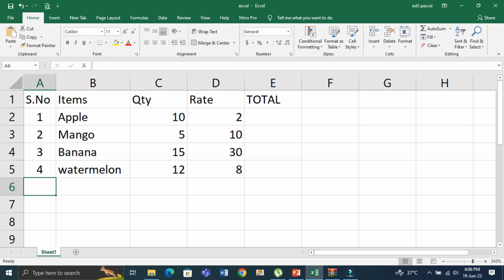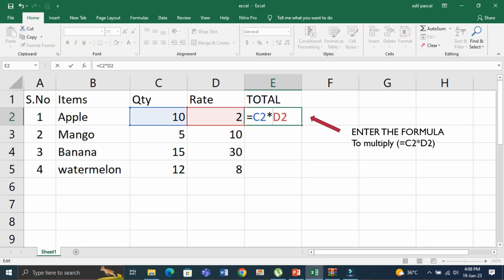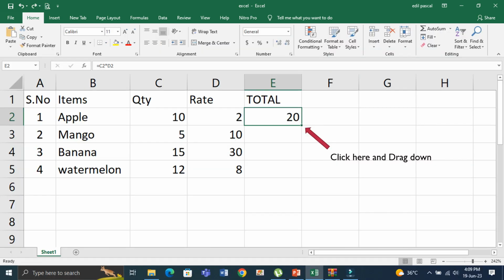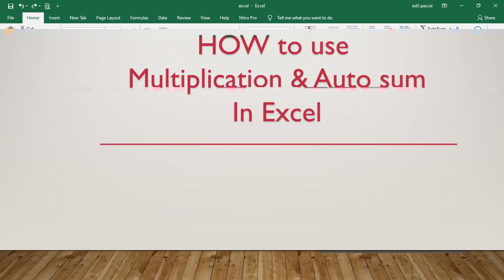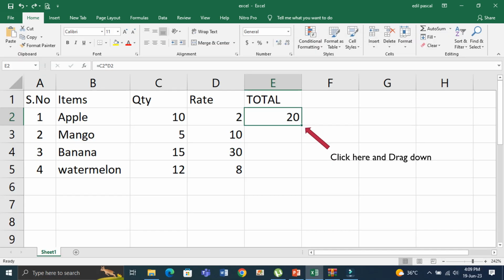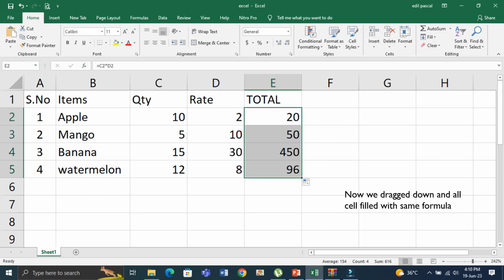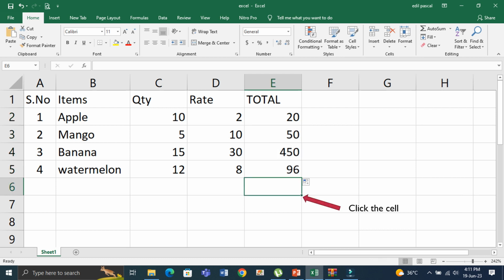Now, to find the total, we have to place the cursor at E2 and enter the formula C2 * D2. That is, we multiply quantity with the rate. After entering the formula, if you press Enter, the product will be calculated automatically. Once again, if you select the cell and drag the same formula below, the answer will be filled in